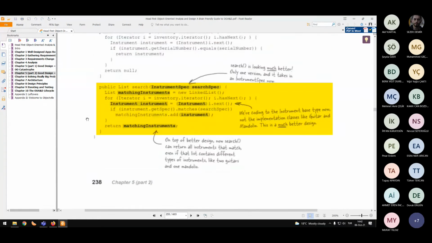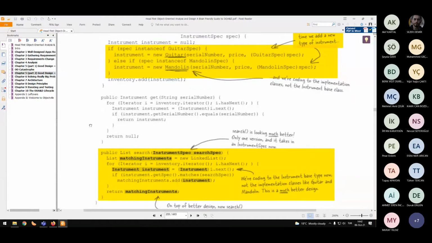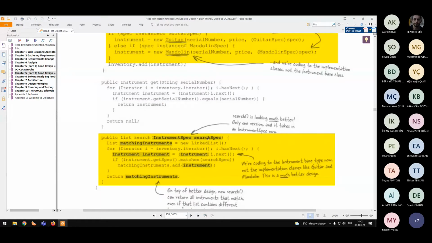Concerning the declared part, there isn't really much going on. So I guess this is the part that you mentioned, right? Yes, here. Okay. So basically here there are two things going on. Now we have the add instrument method, which is used in order to add instrument objects into the inventory, into the database, if you will. And then we have the search method, where given a search spec reference, we search for the matches to it. Now, previously, we had multiple search methods, one for each type of instrument, which was stupid, to be honest. So we have fused all of them in such a way that they will admit an instrument spec. And in this way,